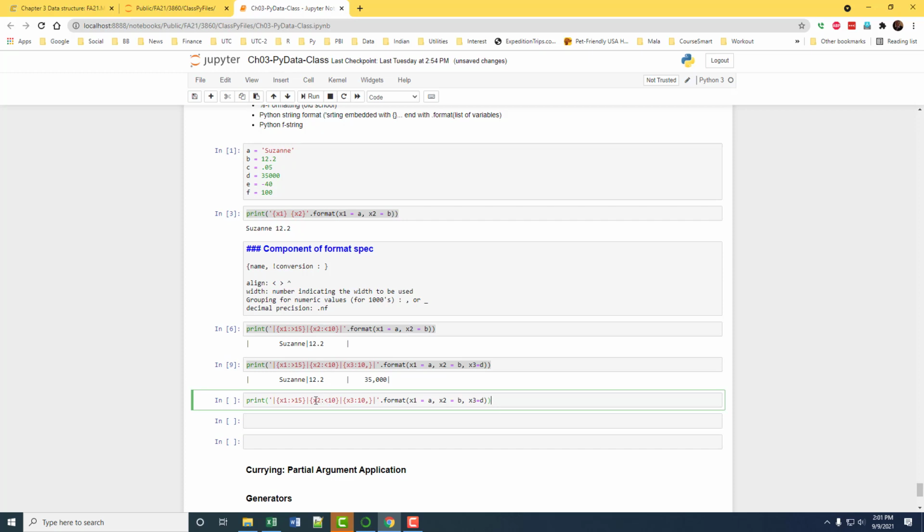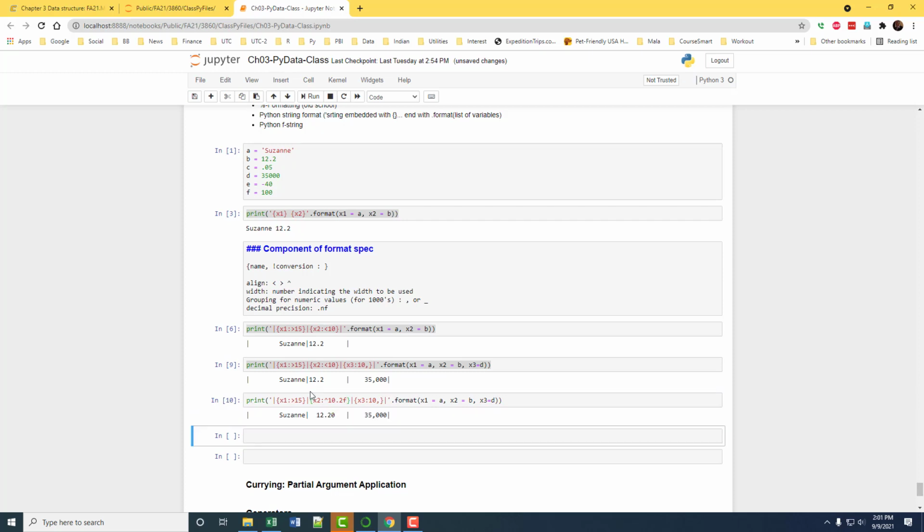Okay, so x2 is that value. So change that to that. Okay, and the width is 10, and then you do say we want 2 decimal places, .2f. Okay, so now if you specify